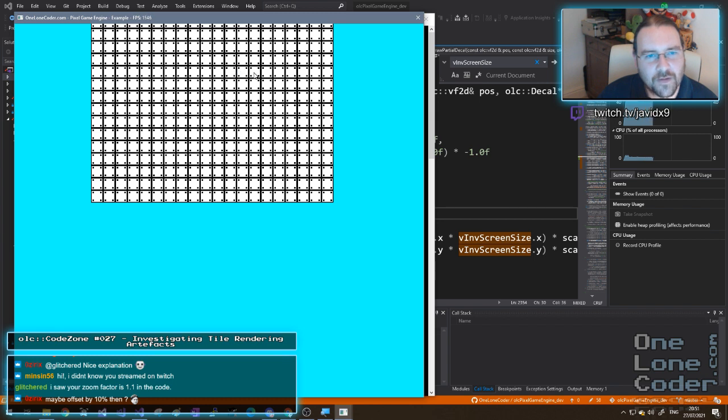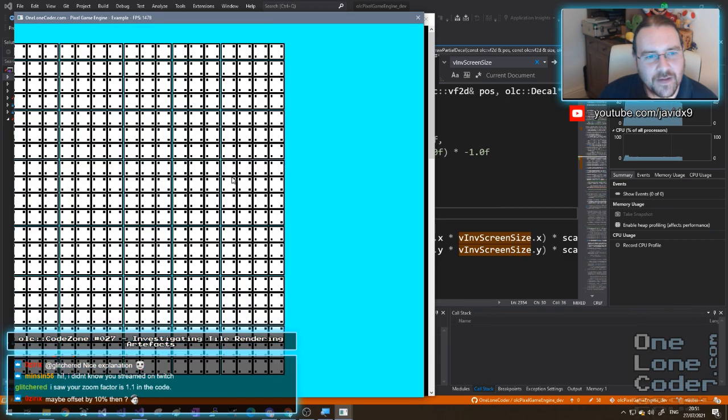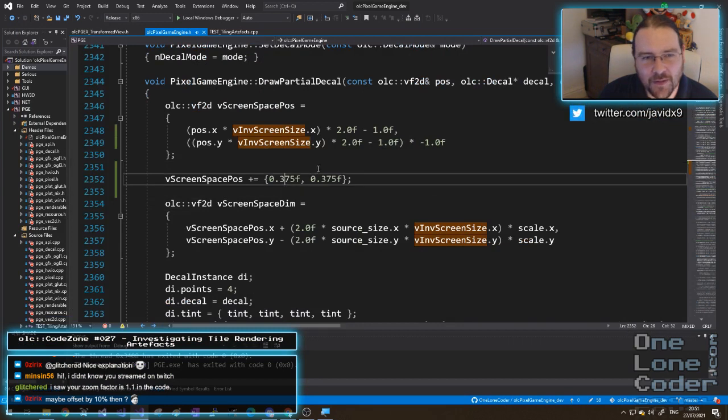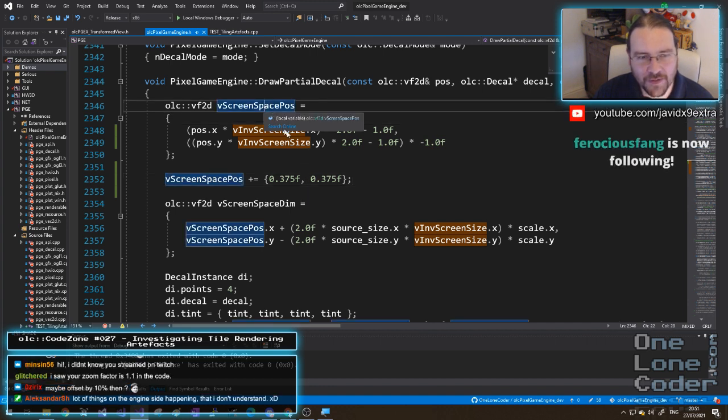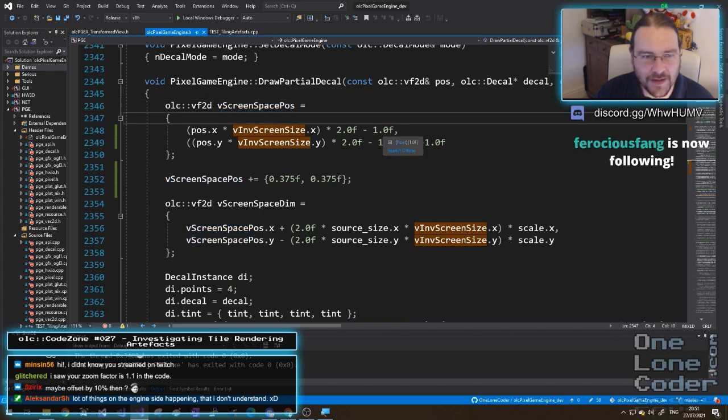No, that's not quite right. So it has to be after the transform, doesn't it? Yeah, okay, no, that's not quite right. Now we're in the awkward situation where that's in the normalized space. Yeah, I want to do it before there, don't I? I want to do it to this pos, so it's basically this